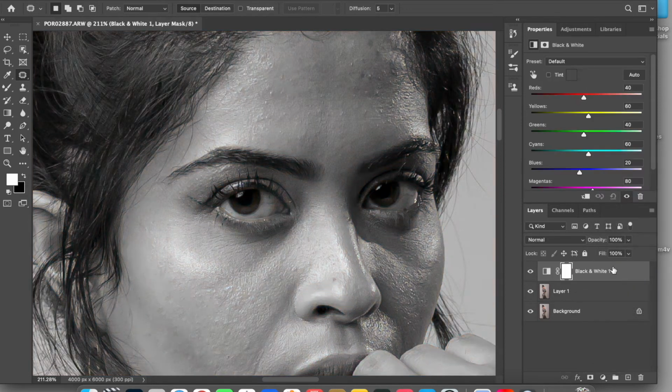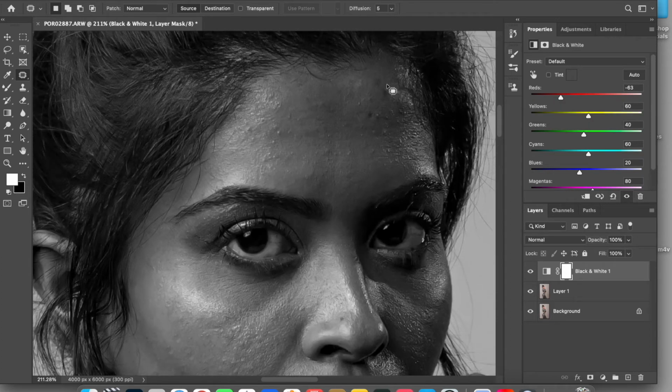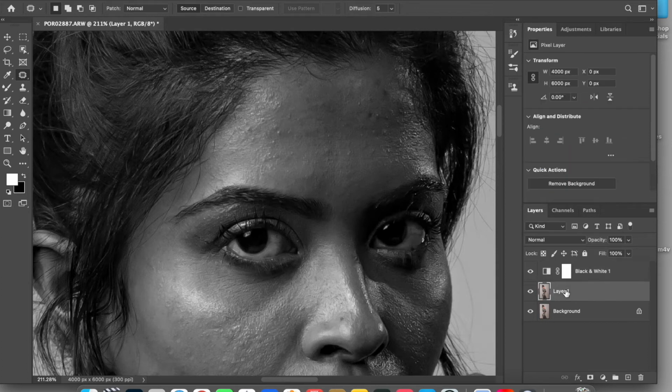Okay, reduce the red. So once you reduce red, you will start seeing all those blemishes more accurately. You can always go back to your file which you are working on, and with the help of the patch tool you can remove all the blemishes accurately. So these are the methods which you can use to find the hidden blemishes which might not be seen by your naked eye, but with this black and white method you can always find them and remove them, so that after all the methods which you followed, you will not have any blemishes left over.